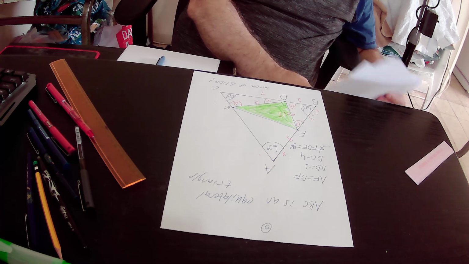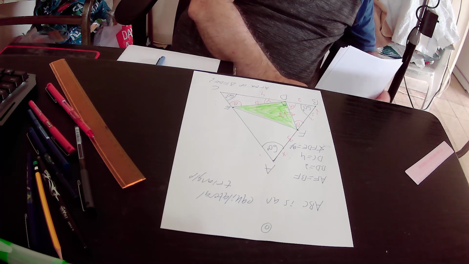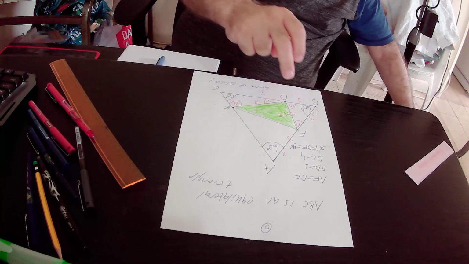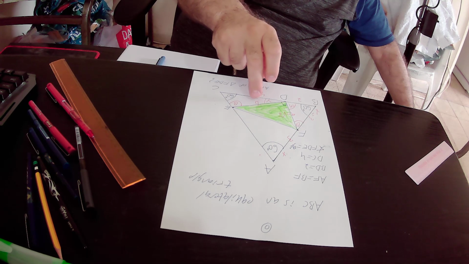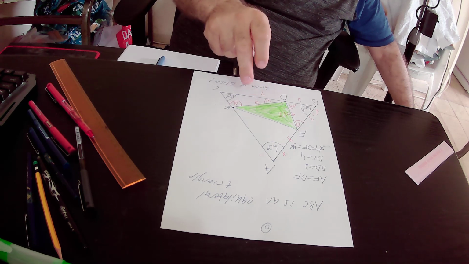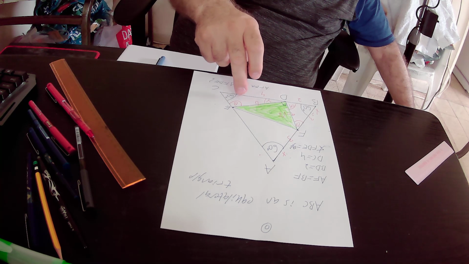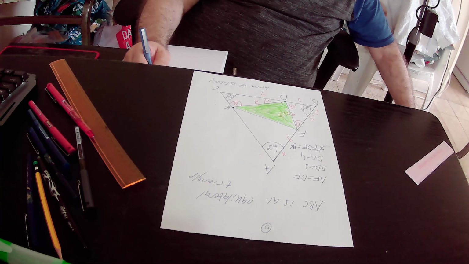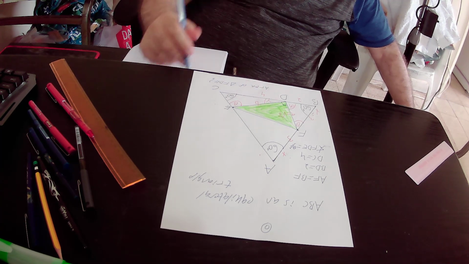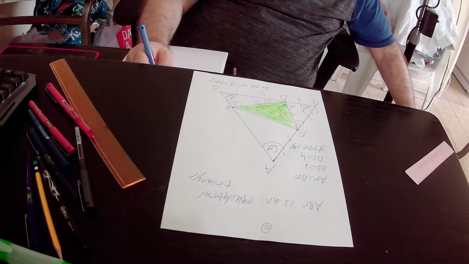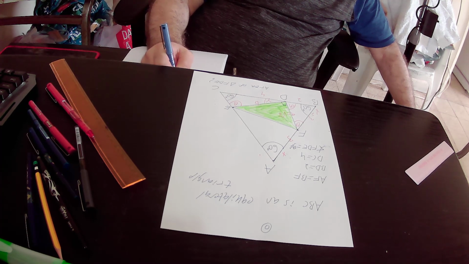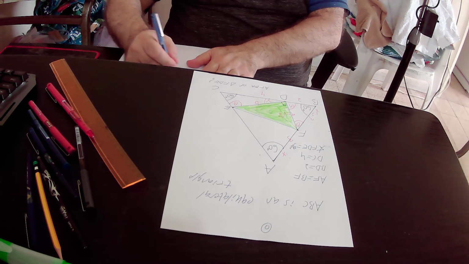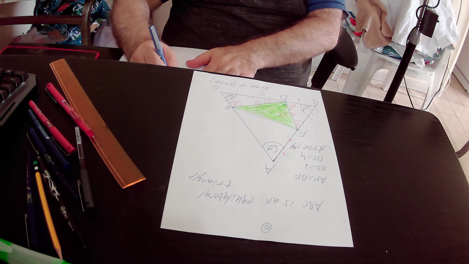Okay, so the only missing variable that we have to find in order to get the area of the green triangle is B, and we will find the value of B by implementing the law of sines in triangle DEC, the small triangle DEC. We will implement the law of sines in order to get the value of B. So in triangle DEC,